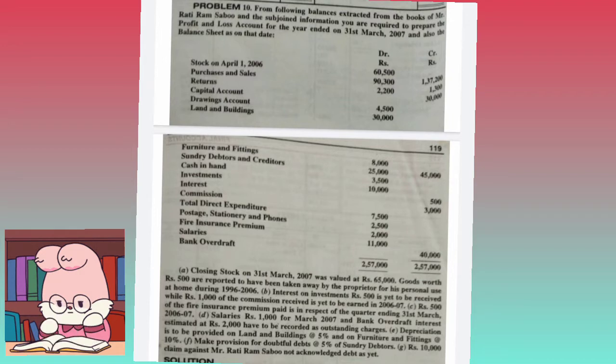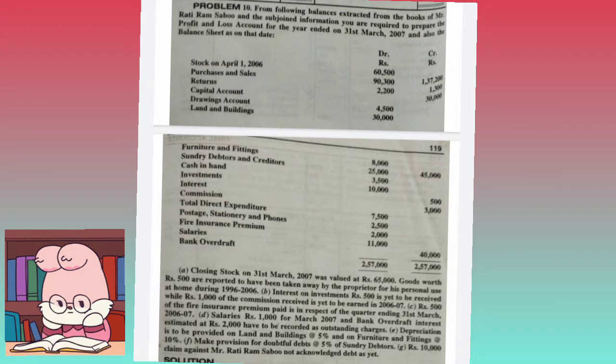So it is nothing but overdrawn. The bank balance is overdrawn. Generally the businessman will have the current account in the bank, so for the current account holders there will be a facility from the bank that they can withdraw the amount over the limit which they have deposited in their account. The excess withdrawn amount is called the overdrawn amount. So the bank is providing the amount to the customer, so that overdrawn amount is nothing but a loan, so it will be treated as a liability to the business. Bank overdraft will be the liability.